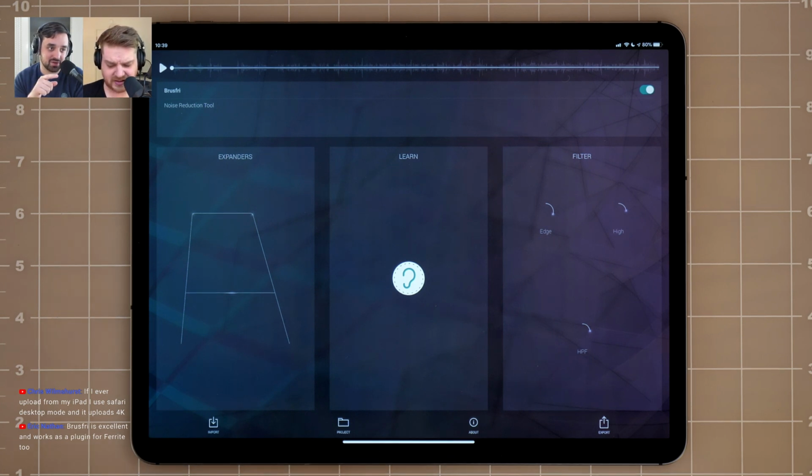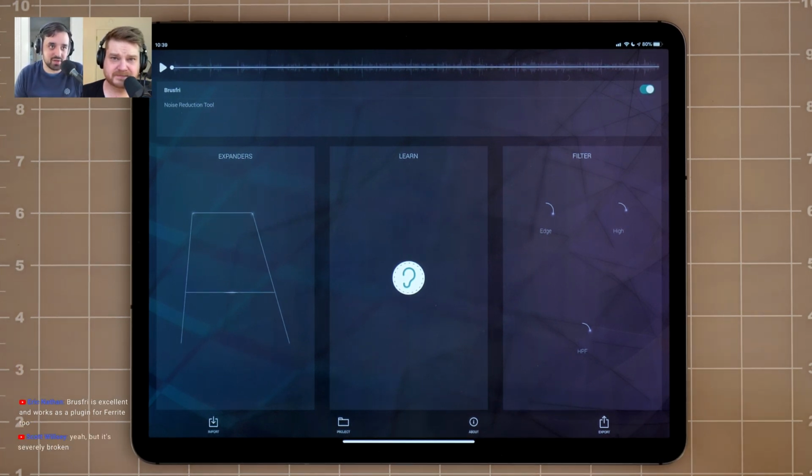Oh yeah, and interesting. Chris is saying you can upload Safari desktop in 4K. Yeah, that's what I thought. Somebody was saying the export process is like you kind of just have to sit there, but to be fair,